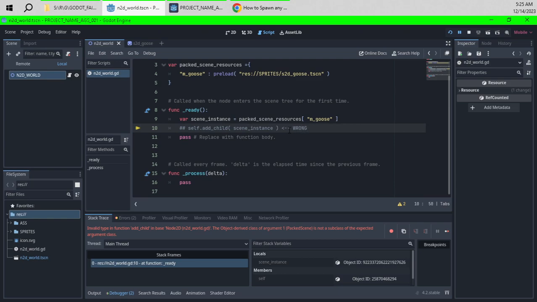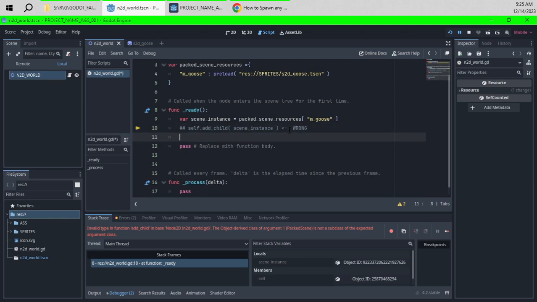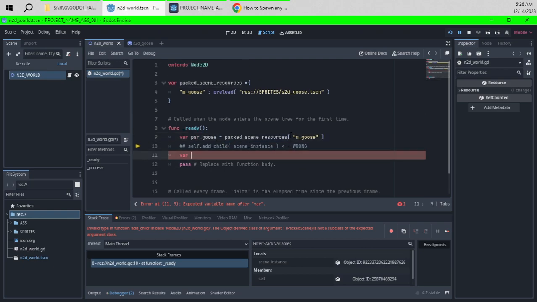Wrong. We want to do var. So this is still, so it's still a packed scene resource. So we're going into our packed scene resources, we're grabbing this goose. It is still a preload, so it's still a packed scene resource. PSR for packed scene resource. And then S2D goose